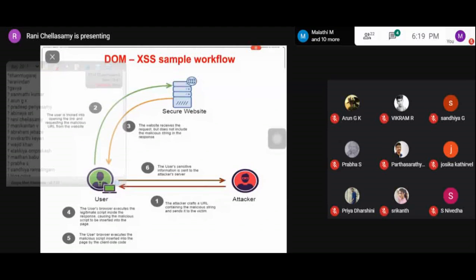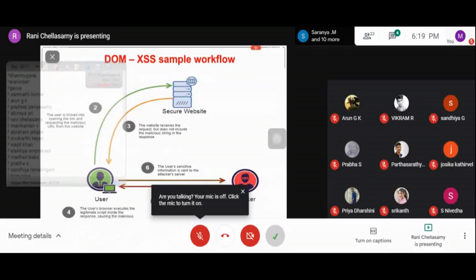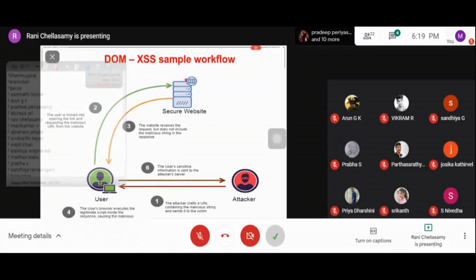Okay. So coming to the DOM-based attack, wherein the attack payload is executed. Here the DOM environment can be modified by the attacker in the victim's browser used by the original client-side script, so that the client-side code runs in an unexpected manner. The page itself does not change, but the client-side code contained in the page executes differently due to the modification of the corresponding code.